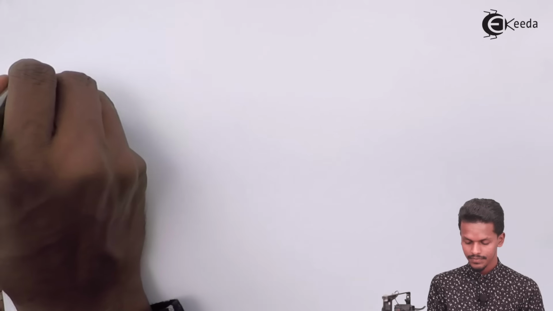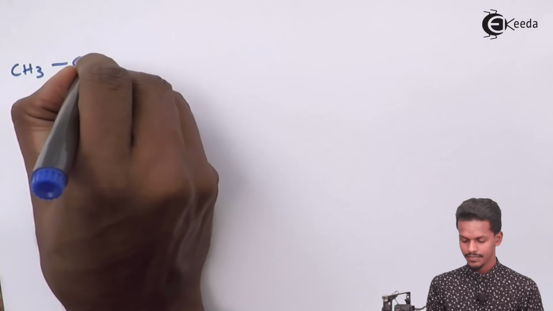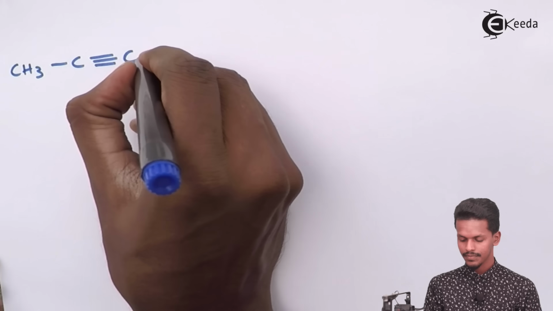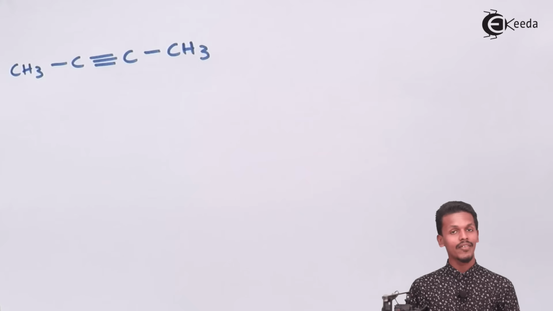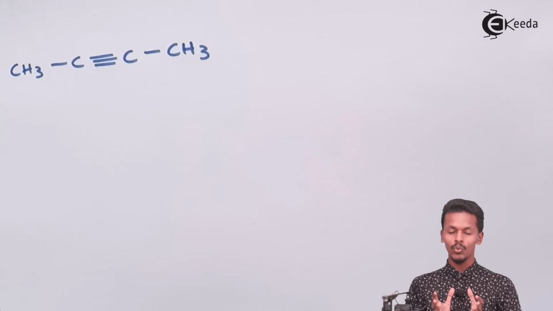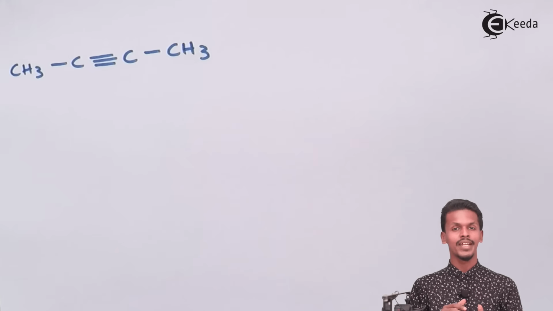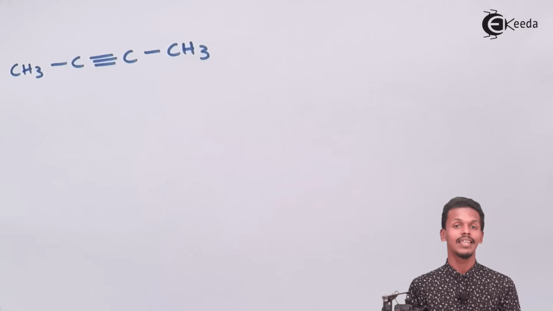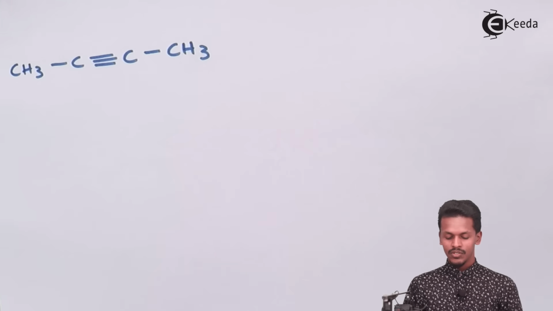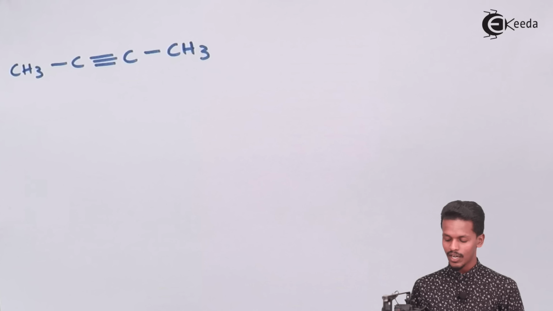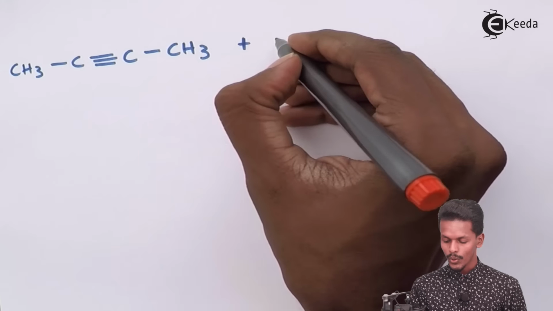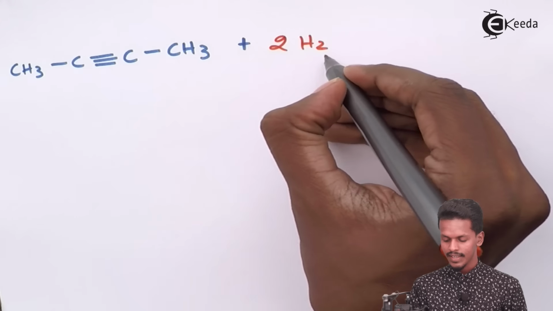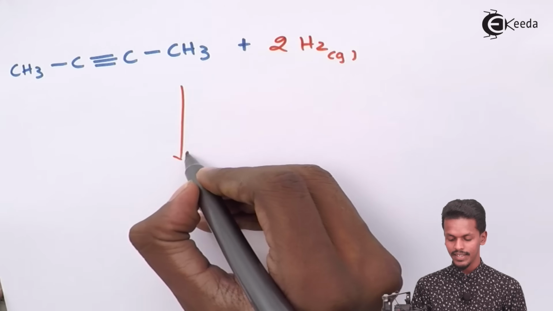Suppose we have this molecule, and we have to do the hydrogenation process, or convert this unsaturated hydrocarbon into a saturated hydrocarbon, basically an alkane. So now what we will do is introduce hydrogen molecules, that is, we will use twice the hydrogen molecule in gaseous state,